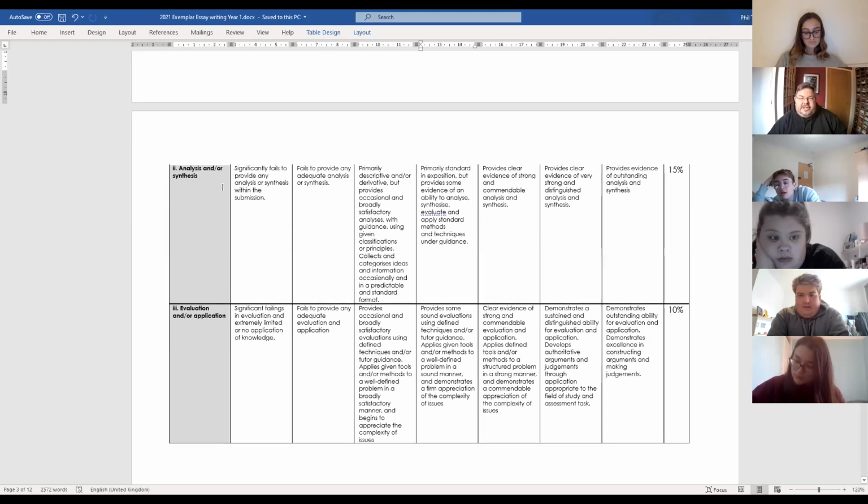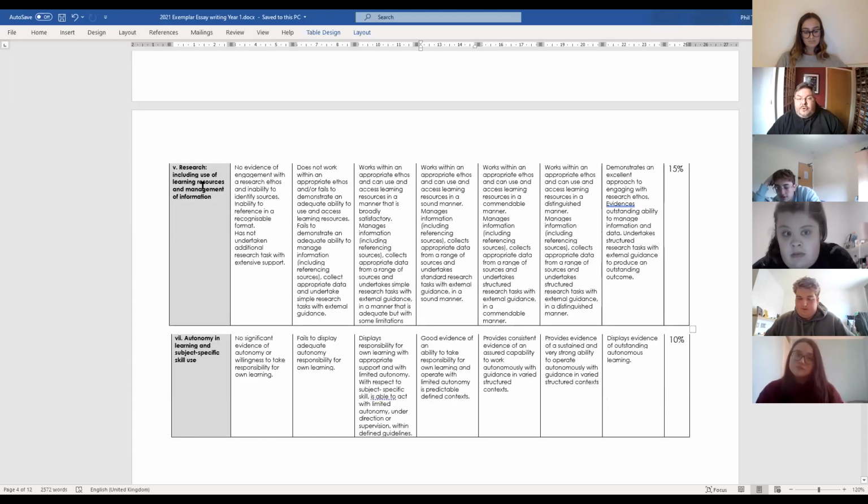We've got analysis and synthesis, which we'll talk about again lots more, which is how you analyze all these information bits you're finding. Why is it important? Every time we've had a why question, that's your analysis. Why is it important that a show has popular songs in it for a jukebox musical? Or why is it important that the audience connects with the concept of the concept musical? Again, the better you do, the higher your grade, and we times that by 15%. Then there's the evaluation of what you've found, which, like the analysis, is about understanding why things happen. That's another 10%.